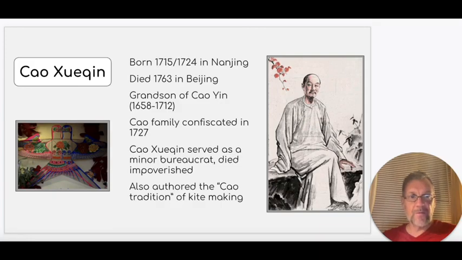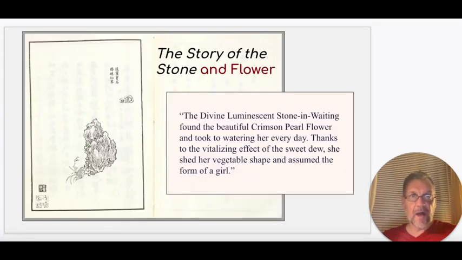So even if you don't present this much on Cao Cuiqin, I would certainly introduce students to the background of the character of Dai-yu as we meet her in Chapter 3, which means presenting on the frame story of the novel of Dream of the Red Chamber, which I'm calling here the story of the stone and flower. You could present a few pages of the first chapter if you wanted to, or you could just describe how the stone and flower became the hero and heroine of the novel in general.